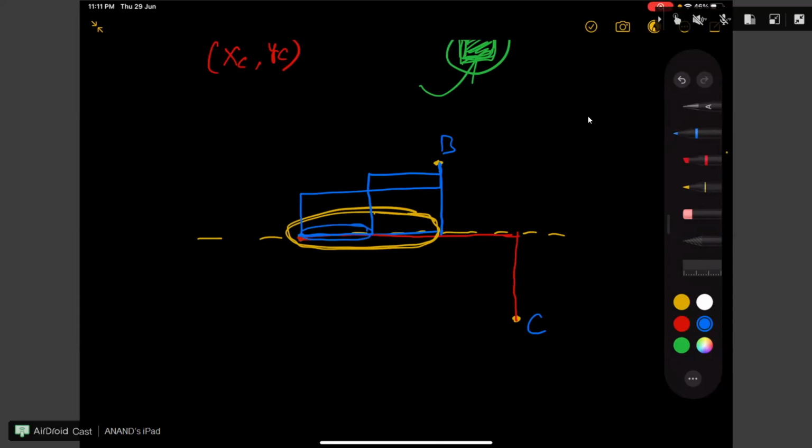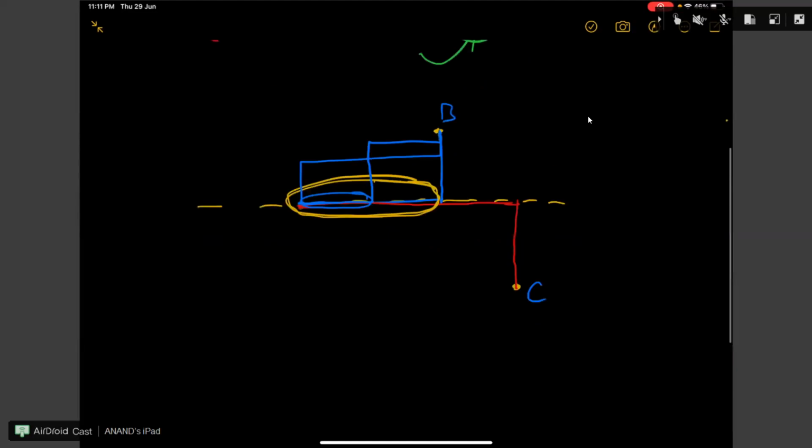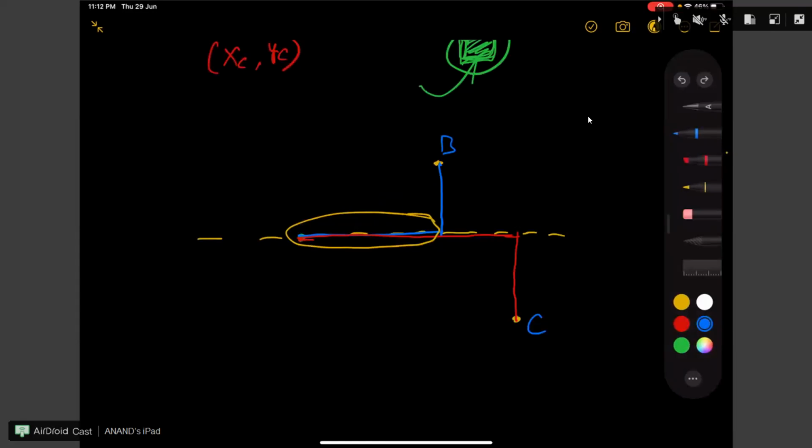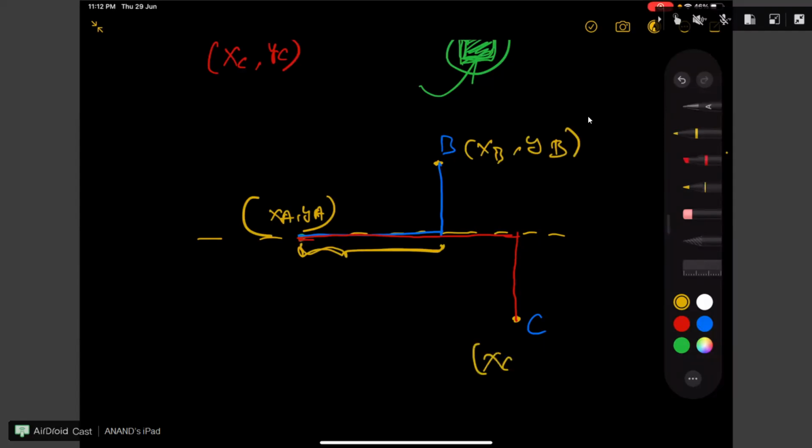Okay, so what you can see from this diagram is that you can actually calculate the overlap in this case, and that will be nothing but this. This is the overlap, right? So this was XA YA, this was XB YB, and this was XC YC. So you can calculate this difference, and you can also calculate this difference, and take the maximum of the minimum of these two. Okay, but what happens if